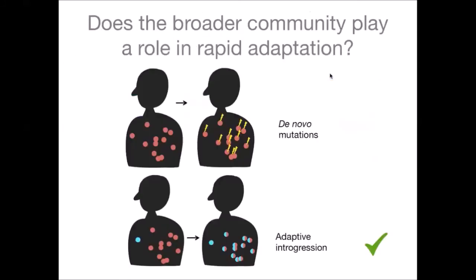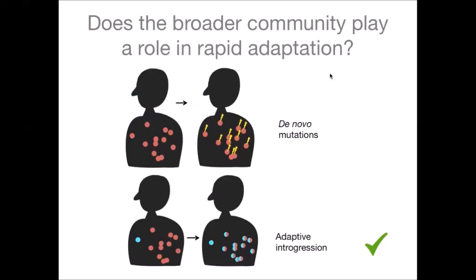And indeed, we actually saw a lot of evidence for adaptive introgression, one being that we saw a lot of gene gains and losses, but also because we saw overall the mean dN/dS of SNPs changing within hosts was actually far less than 1. So that suggested a very important role for recombination in the microbiome and for the broader community in seeding adaptive sweeps.